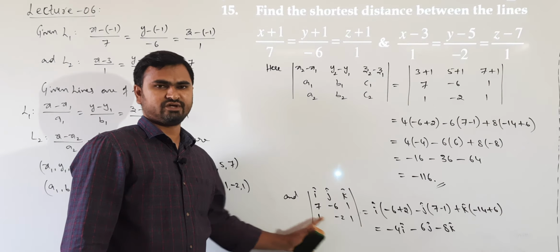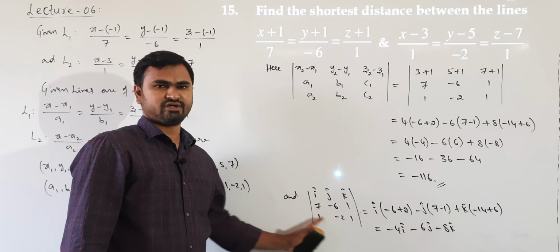Understanding? So again, the method of solving may be lengthy. What we are doing here is remembering the formula and substituting in the formula. This is the formula for distance between skew lines when they are given in Cartesian form. So we are just evaluating the numerator determinant value and the denominator magnitude value